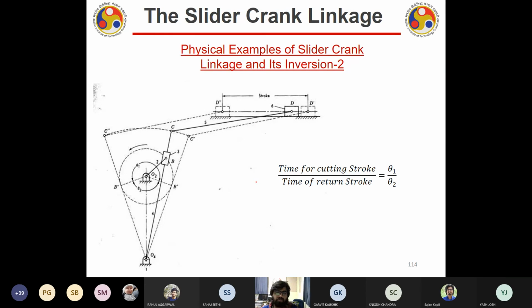So you can say that the time for the cutting stroke divided by the time for the return stroke is theta1 by theta2. It is also known as the time ratio. Please note that. So for a given time ratio, you can find out the length of the crank, and these types of numericals I may ask in the quiz. Don't worry, it will be very easy, and that is why I'm not explaining it much. I have already explained the fundamentals behind it. You just need to think when such problems come. It's very common, and don't worry, in the tutorial we'll cover one of these problems.